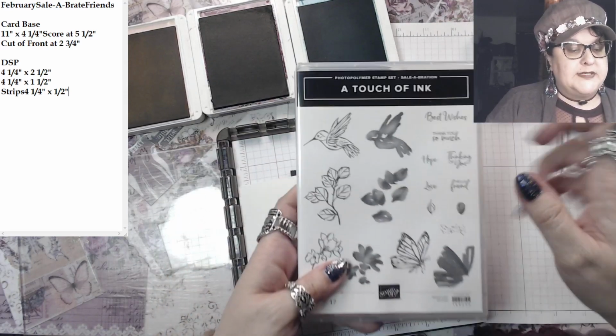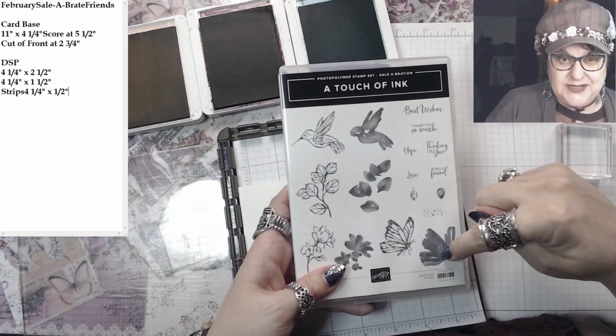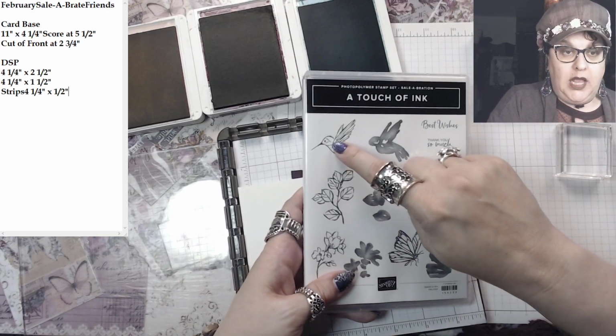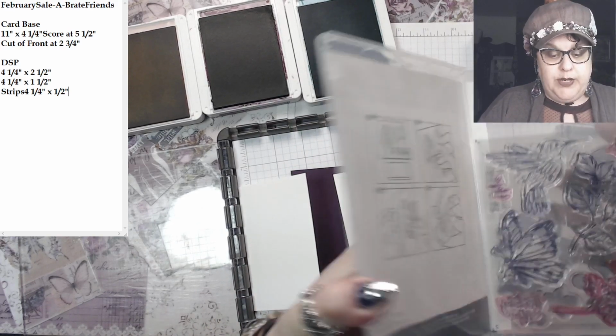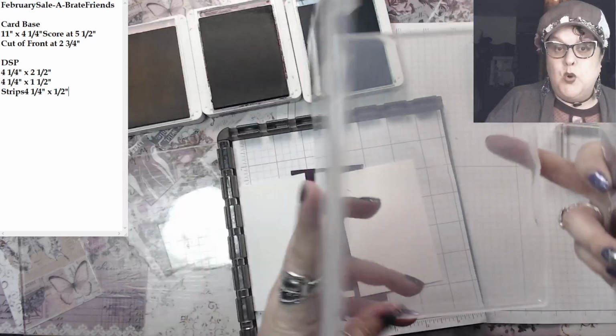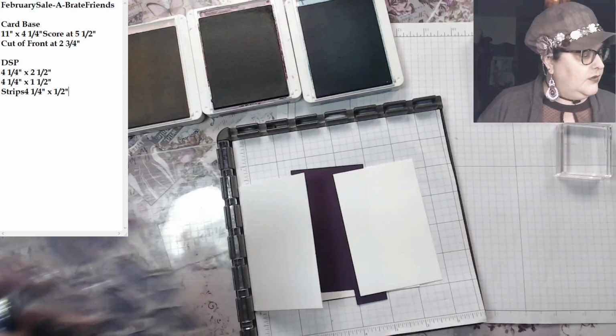Now the nice thing about this is two-step stamping, so all of these little shadows that you see fill in color on all of your pieces. Super, super cute, and we will go into that more on another video. Don't worry, we're going to use that beautiful